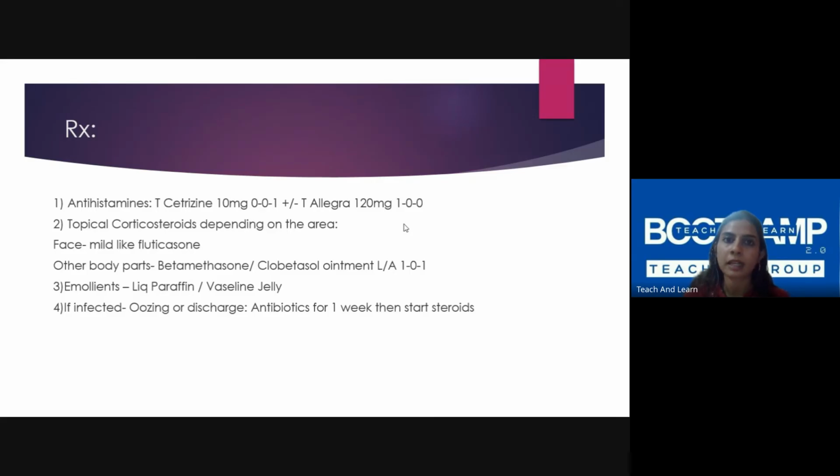Tell them you have to come back after a week. I will check on it and then we'll give you another treatment for the lesion. Tell them it's now for the infection. On the next review, we will start you on the treatment for the patch.